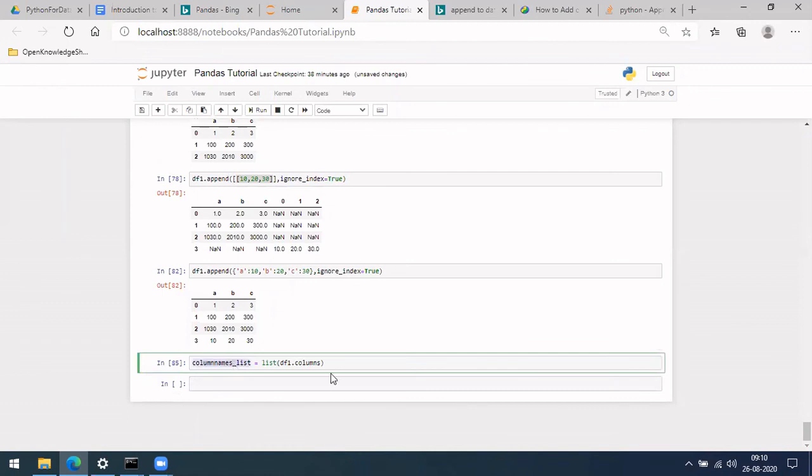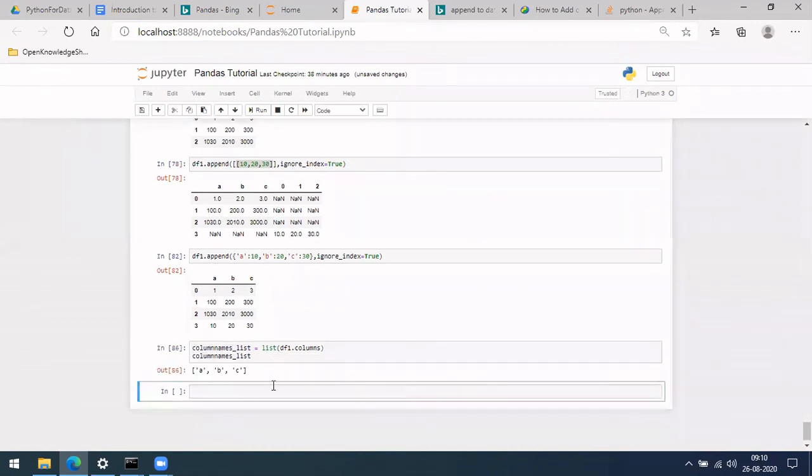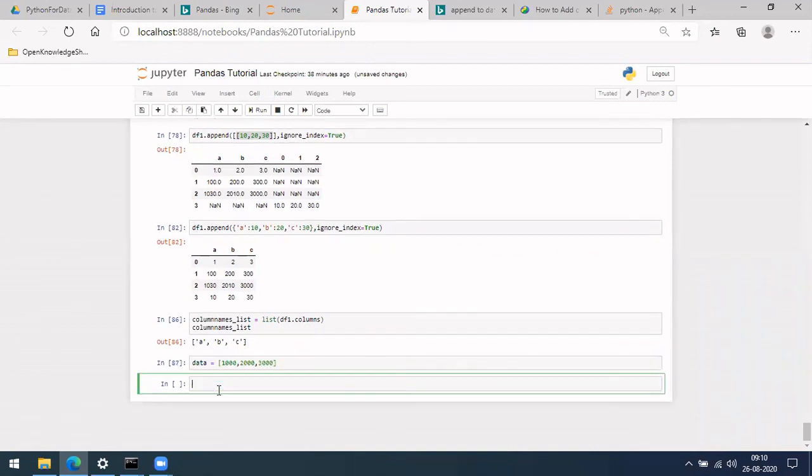Now the next thing is whatever data you want to put in. The data I want to put in is 10, 20, 30, 10,000, 20,000. Now I want to make a dictionary with A as A, P as the thousand, second P as like this one.